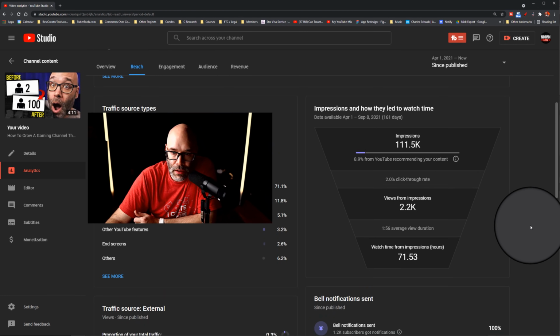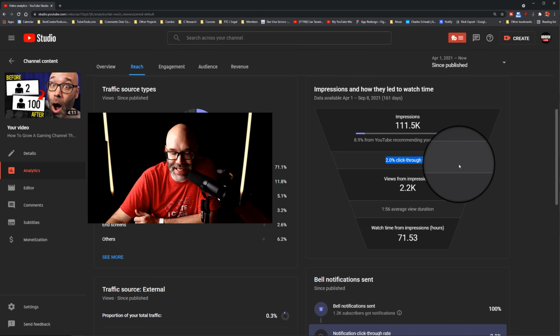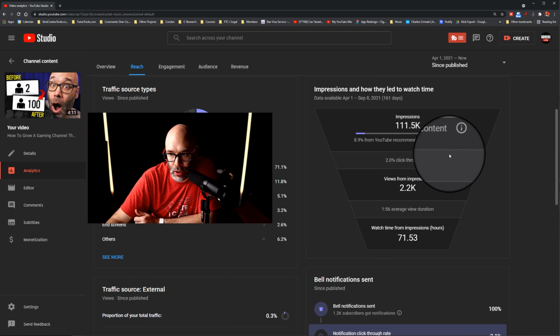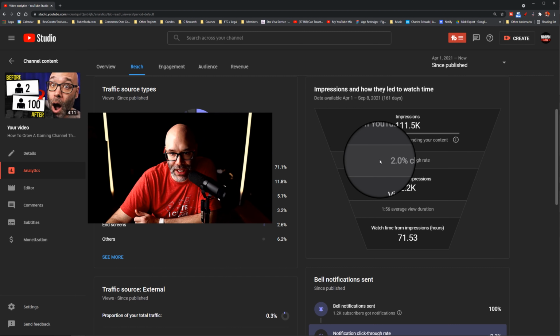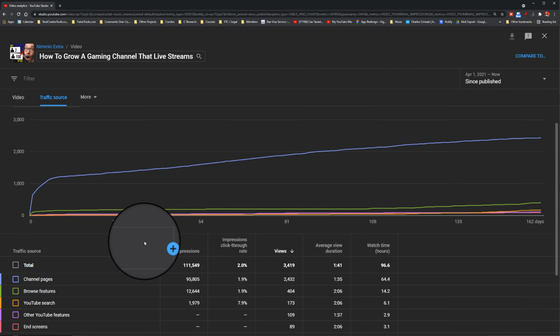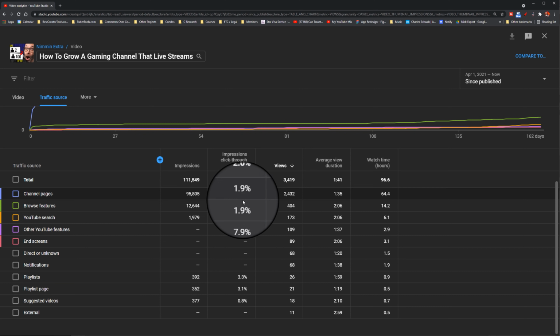Next, you never want to rely on the click-through rate that you see in here. The reason for that is because this is averaged out across all the different traffic sources. Instead of looking at your click-through rate here, if you see the traffic sources over on this side, you want to click on See More here. And then as you go down into the See More area, you're going to see your click-through rate for each